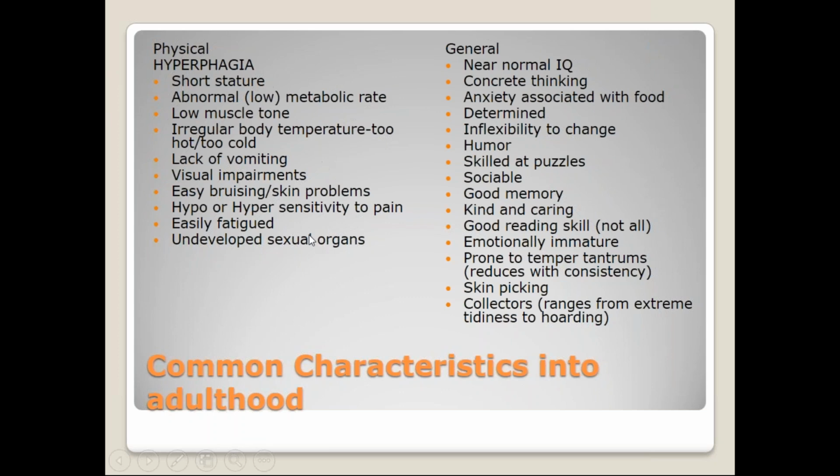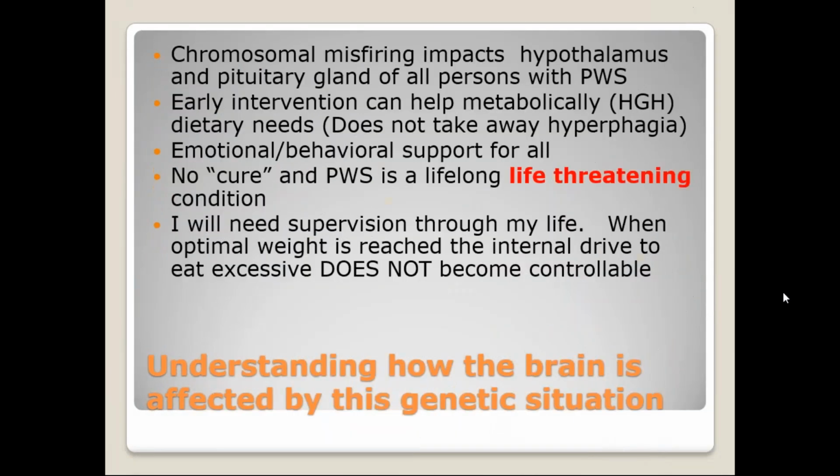So here are some general characteristics of the physical outcome, general characteristics of the person who has Prader-Willi syndrome, run by that genetic malcoding. Remember, my misfiring affects my hypothalamus. Hypothalamus controls the pituitary. The pituitary gland sends you the signal that says I'm full. If the two of them never talk to each other, not correctly, I will never, ever, ever feel full, okay?